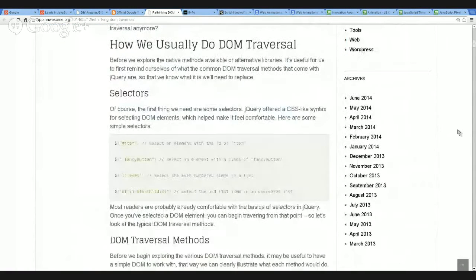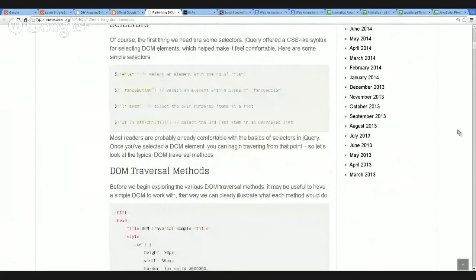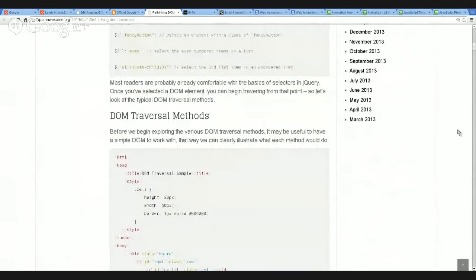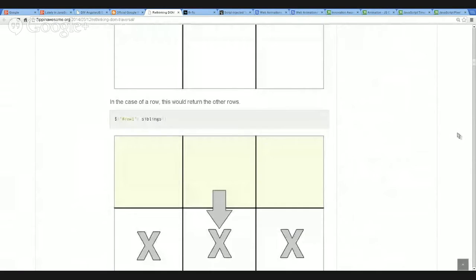In this article, it shows how we would do it using jQuery with all the conventions that people are used to. And below, this is a long article that tries to show